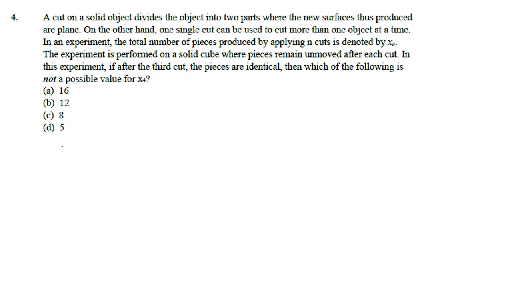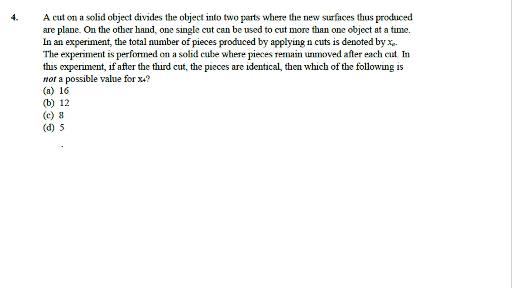A cut on a solid object divides the object into two parts where the new surfaces thus produced are plane. On the other hand, one single cut can be used to cut more than one object at a time. In an experiment, the total number of pieces produced by applying n cuts is denoted by xn. The experiment is performed on a solid cube where pieces remain unmoved after each cut. In this experiment, if after the third cut the cut pieces are identical, then which of the following is not